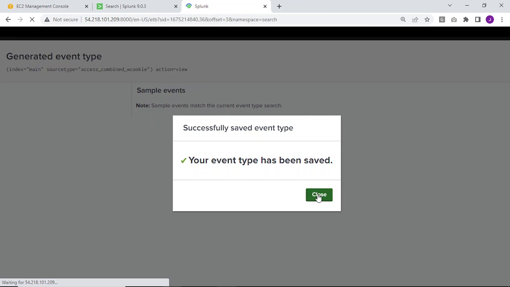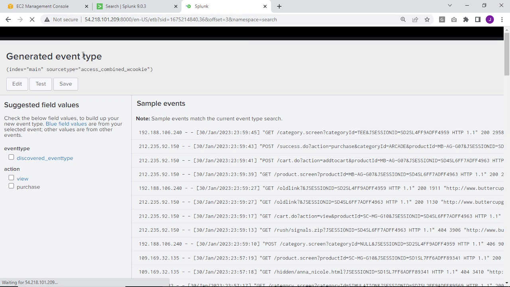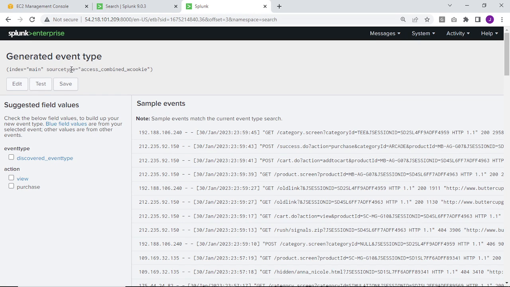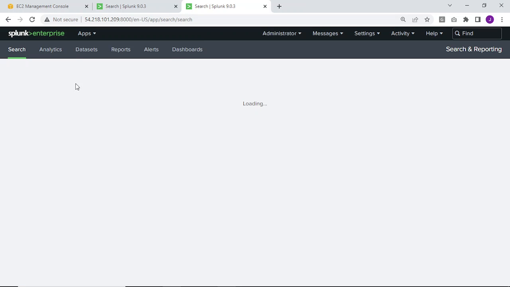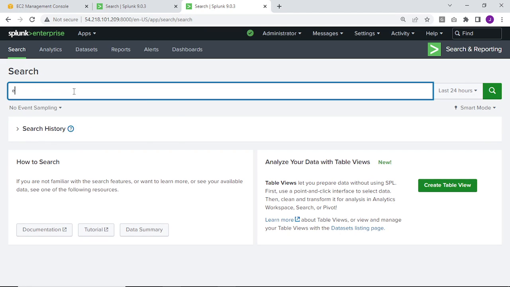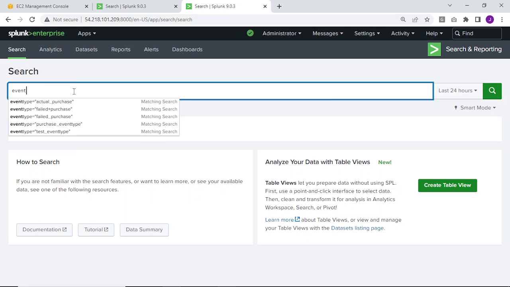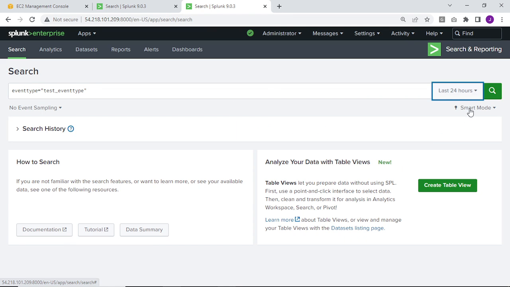Now again, if you want to use this event type, what you have to do? You have to go to the Search and Reporting app and type eventtype is equal to the event type name which we just gave, which is test event type. Let's see it for the last 7 days. You have to search,